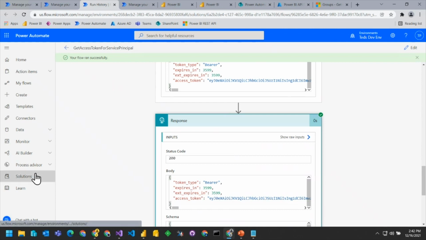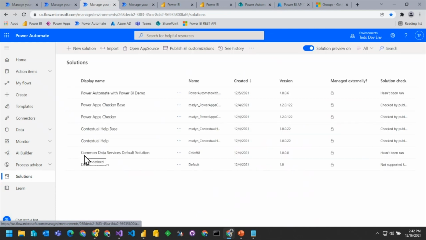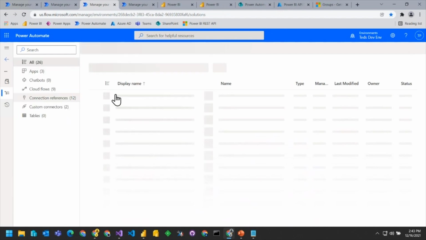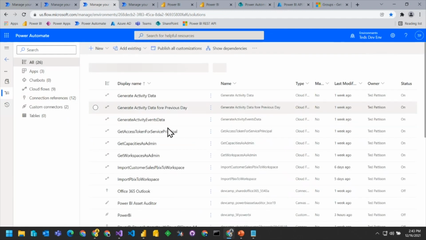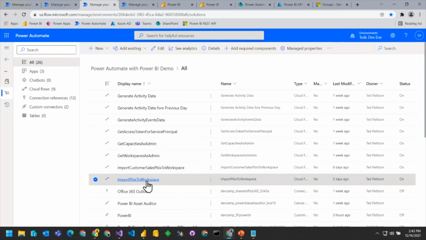Okay, now that you've seen that, you've seen the child flow that we're going to use to run as a service principal. Let's one more time go back to our solution. Back in our solution, we're going to go back to the import PBIX, and let's go ahead and open that into edit mode.